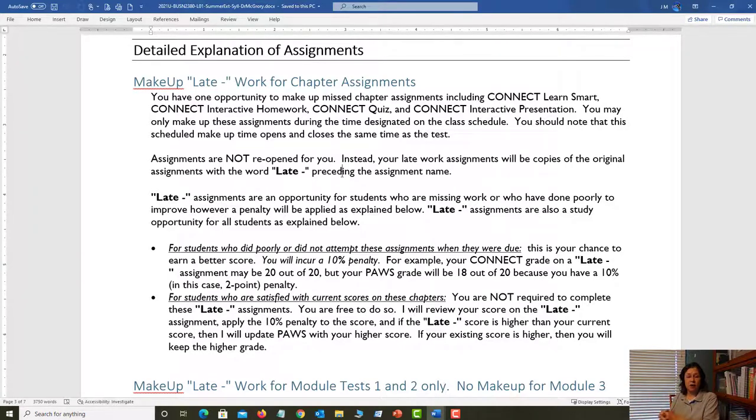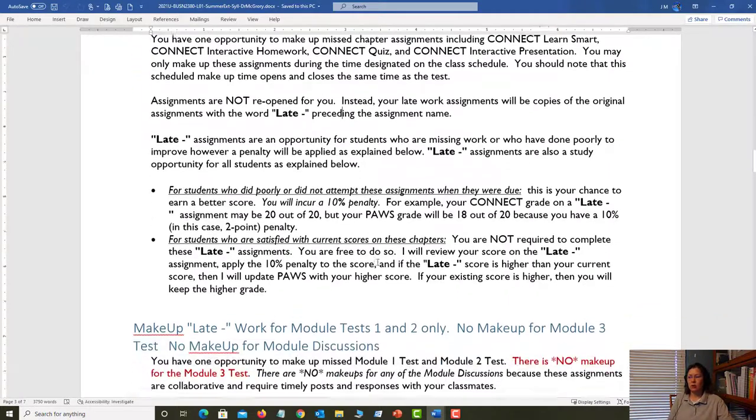Your final grade in the course is calculated using the values in PAWS. So some people get stressed out. They look at Connect, and Connect averages up your attempts and all that. But Connect is not following our syllabus. The syllabus is the guide, and it says your highest grade is the grade that we're going to record and put into PAWS, and that's how we calculate your grade. But for this late work, I'll post it into PAWS.